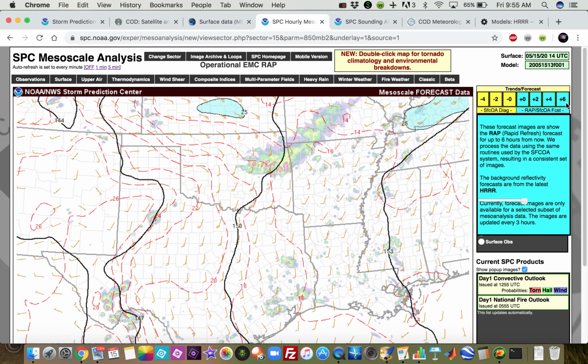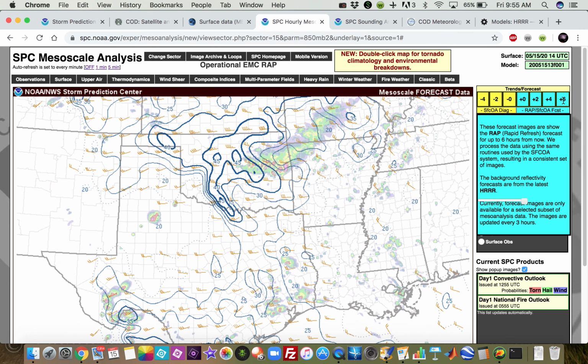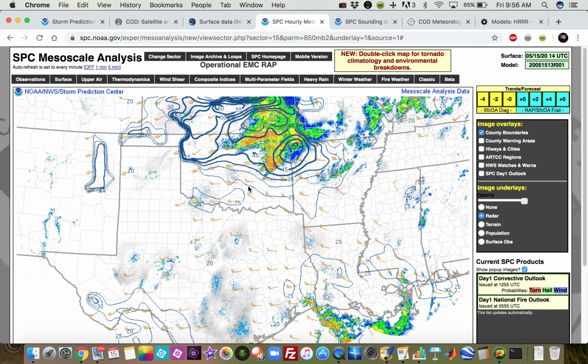So this does not bode well for a tornado threat, which is a good thing considering the Oklahoma City metro area is in play here today. But if we have an outflow boundary, that is going to locally enhance the wind shear. We have pretty much weak bulk shear over this entire region. Actually, mesoanalysis is showing a little bit stronger bulk shear later on today, 40, 45 knots. That's a little bit more than I was expecting, given the current upper air progs, so that is interesting. Generally, though, when we have weaker flow and an outflow boundary, the overall bulk shear, especially the low-level shear, is enhanced